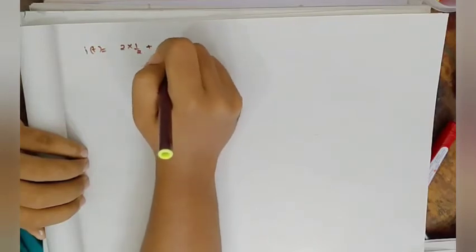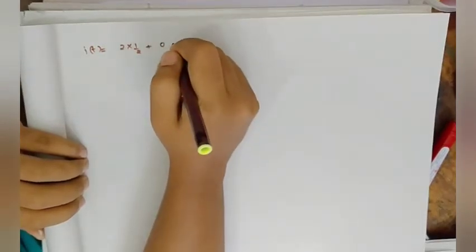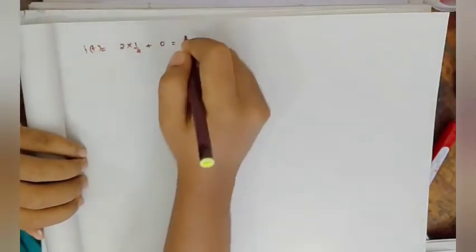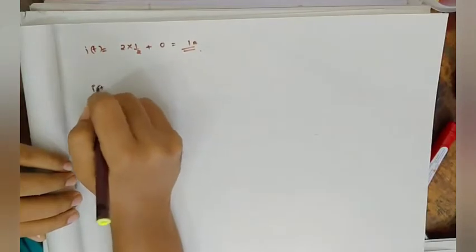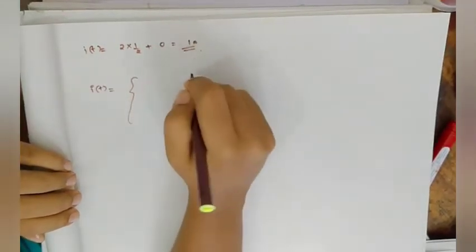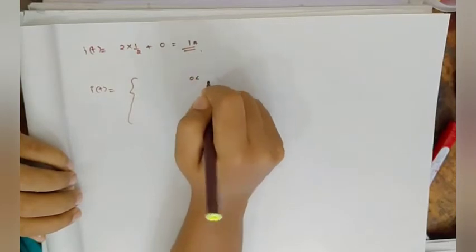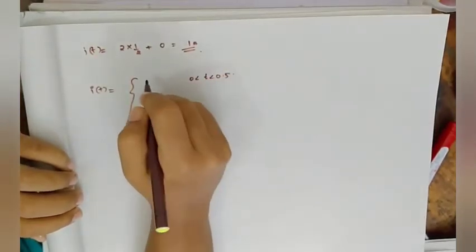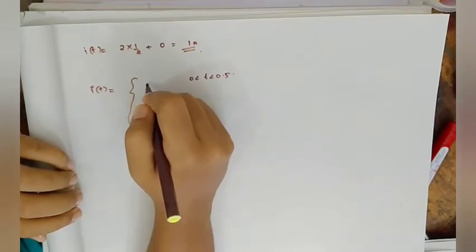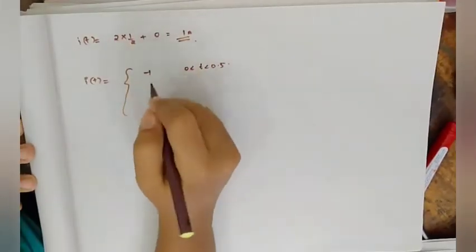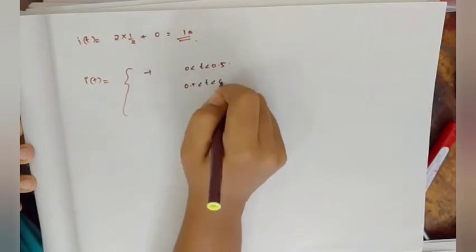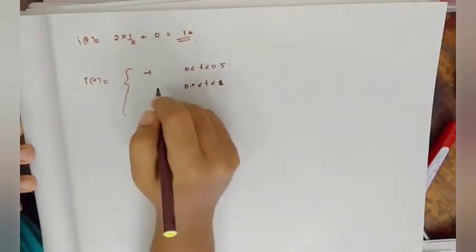So it will be equal to 0, and the answer will be equal to 1 ampere. So I can write I of t's equation like this. For 0 less than t less than 0.5, I of t is equal to minus 1, and again for 0.5 less than t less than 1, it is